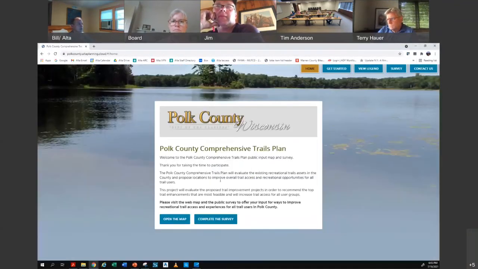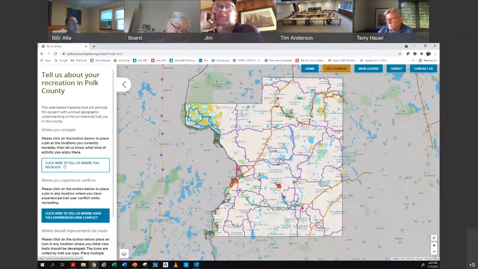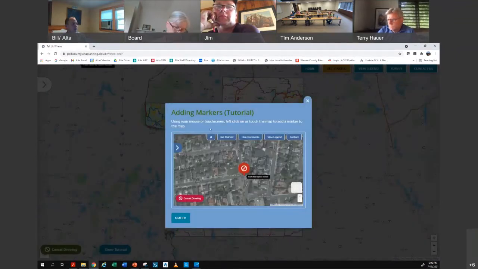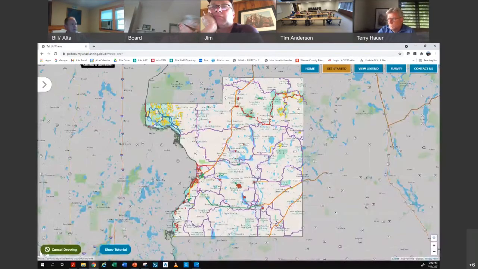So this is the web page that you land on at Polk County, and then you click on the map. And let's say you want to tell us where you recreate. There's a little tutorial here that says use your mouse or touch screen, left click on or touch the map to add a mark to the map. Okay, so you got it. You click that button, and